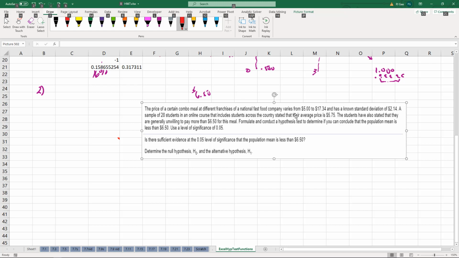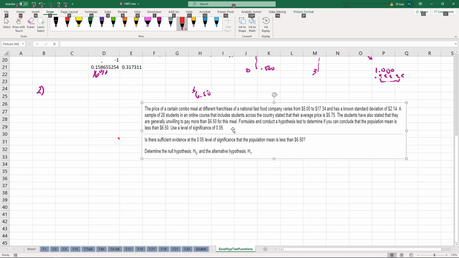There's 28 students. They state that the average price is 5.75. The students of the sample of these 28 students have also stated that they are willing to pay more than $6.50. Okay, so your restaurant chain, how likely is it that these students are not going to use your restaurant? Formulate and conduct a hypothesis test to determine if you can conclude that the population mean is less than 650. Use a level of significance of